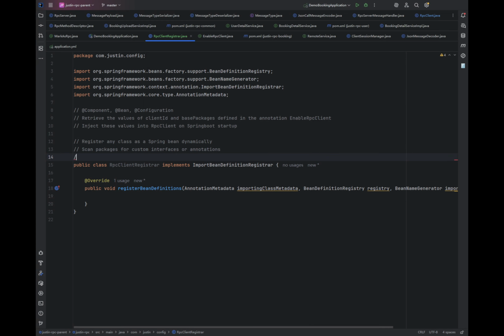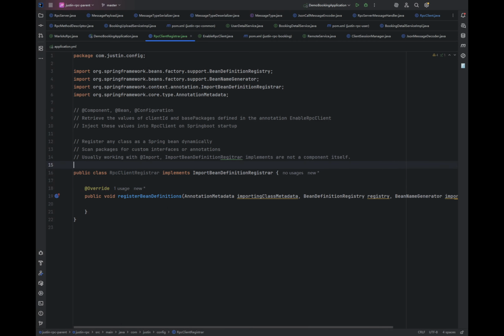There's one more thing. We usually work with @Import, because a class implementing ImportBeanDefinitionRegistrar is not a component itself, which means we want to put it into Spring. When Spring sees the Import annotation, and inside this import we import this class that we are customizing right now,